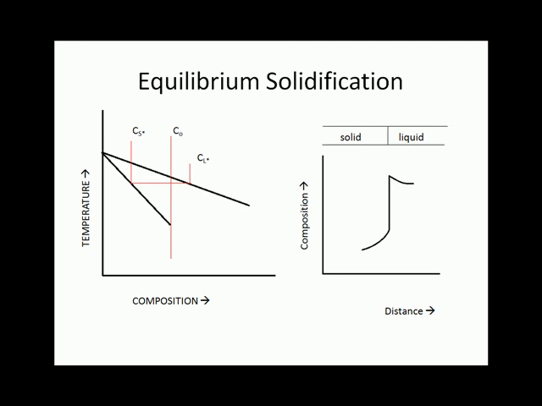Now we will discuss two cases of solidification: one, equilibrium solidification, and the other, non-equilibrium solidification, where there is limited diffusion in solid and complete mixing in liquid. Equilibrium solidification occurs when the rate of solidification is slow enough to cause complete diffusion in the solid. At every point during solidification, the solid formed has composition CS star, homogenized over the entire range.